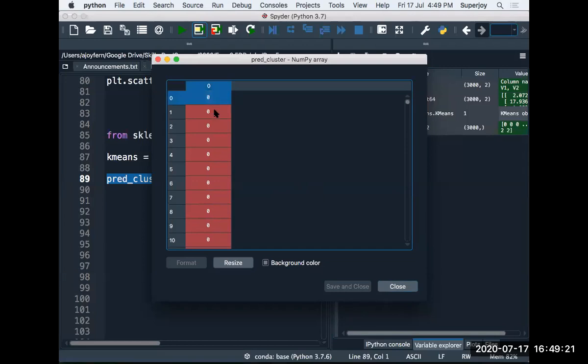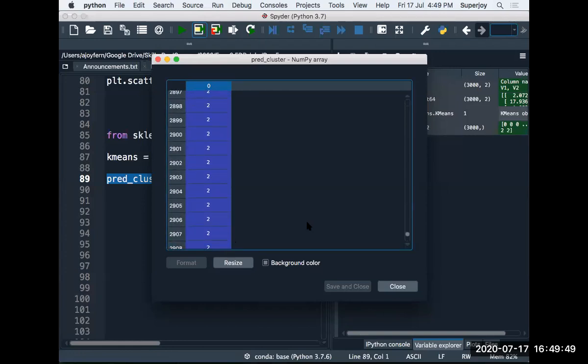Your second data point has been assigned to cluster 0 again. And now this data point, which is at row number 29, has been assigned to cluster 1. And similarly, you can see other values as well. This data point has been assigned to cluster 1, and then finally a couple of data points assigned to